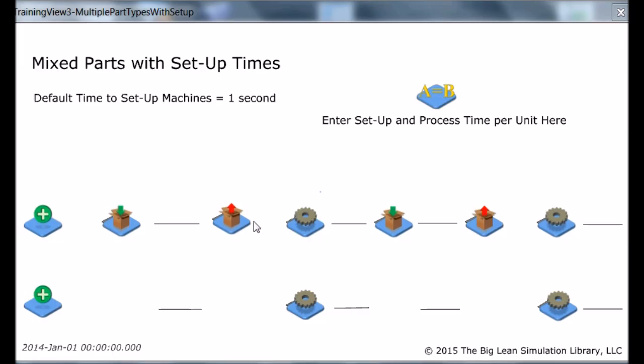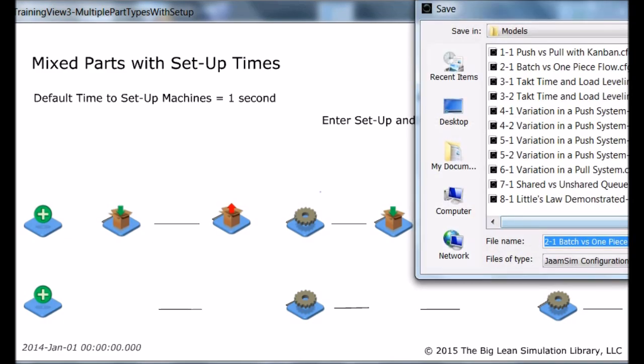So now we've got the exact same model, except now we're going to look at the impact of setup time. So let's assume that each machine, when it changes the kind of part it makes, takes 1 second to set up for that new kind of part. So let's see which one does better in this case. You got to think about this. We're having 2 opposing forces, so to speak. We've got one where you get the efficiency of not having to batch, which we saw very clearly in the previous 2 examples. But the opposing force to that is the inefficiency due to having to do more setups. So at 1 second setup in this model,